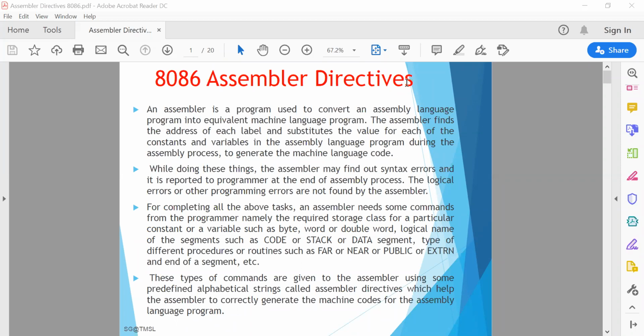Different hints are available, so we will discuss the different directives required for the assembler to convert assembly language into machine code. We'll discuss them one by one.